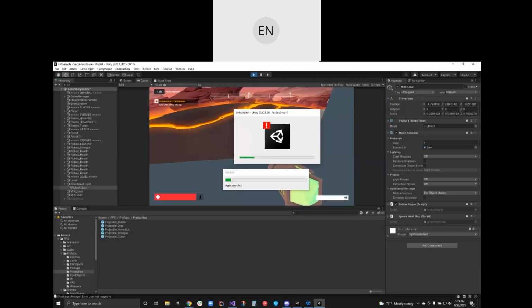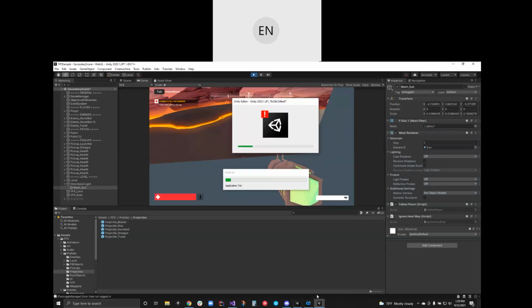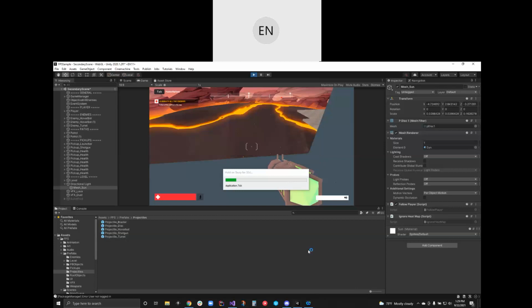Oh, Unity crash. And then I just wanted to show you how this lava world environment is being rendered. And then I wanted to go into the game manager scripts, and talk a bit about the mesh render. Anyway, just give me like a minute. Unless you have any questions, you can post them, but it's going to take me like a minute to get Unity back up and running.